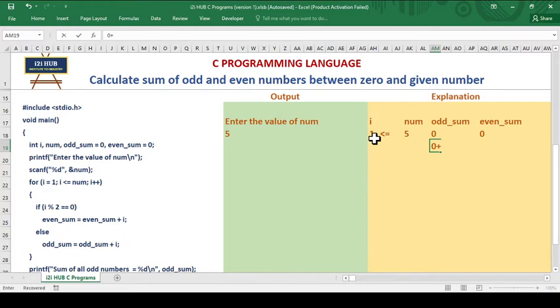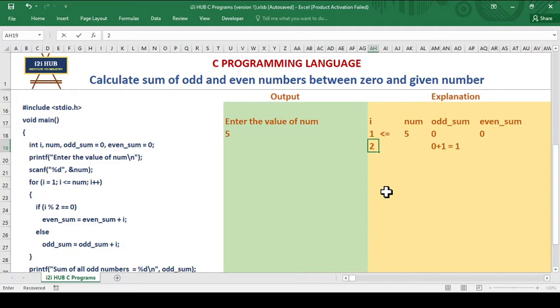What is the value of i? 1. Now what is the new value? 0 plus 1, it is 1. This is stored inside odd sum, so this 0 is replaced by 1. Clear? We are done with the else part. Now it will go to the updation, i plus plus, which means i will be 2.